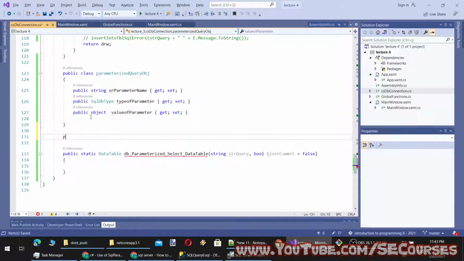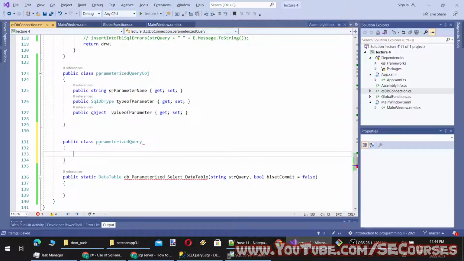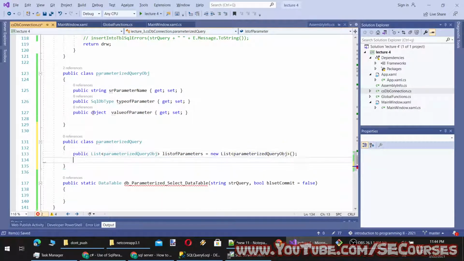So let's make it a single class, public class parameterized query, and it will have a public list of parameterized query objects, and it will have a string query.